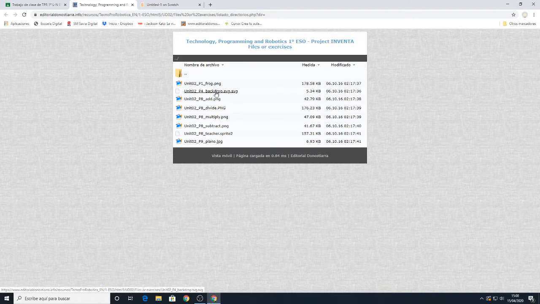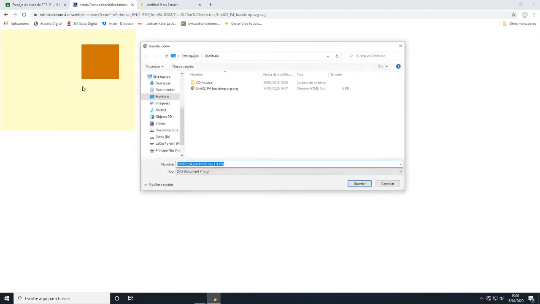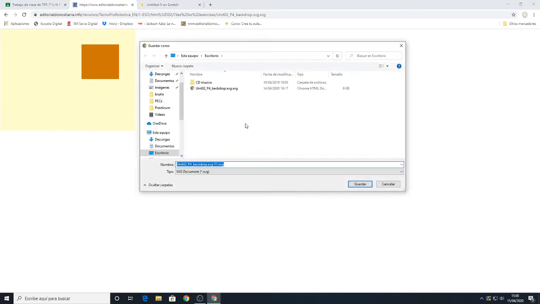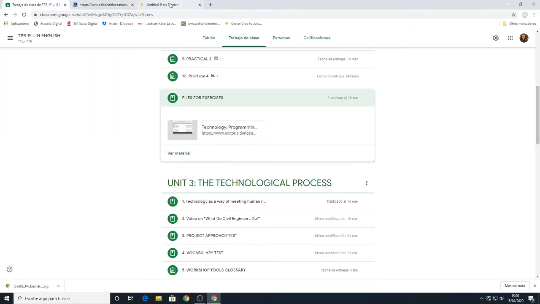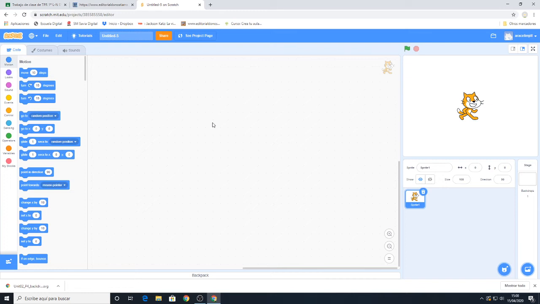So you click here. You can see here a right button of your mouse. You press guardar como, and you can save that into your desktop, okay? I'm going to save this to my desktop. So once I did this, I have downloaded the backdrop and I will go to my project